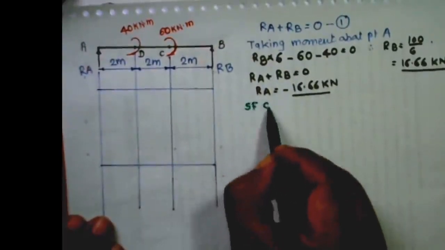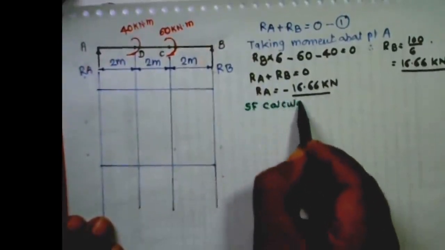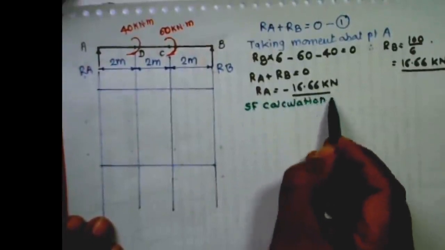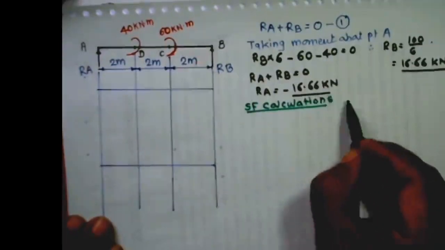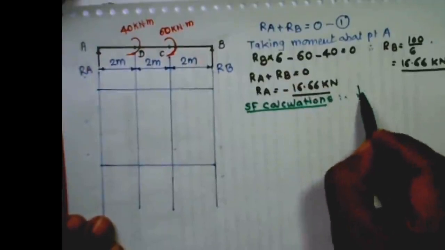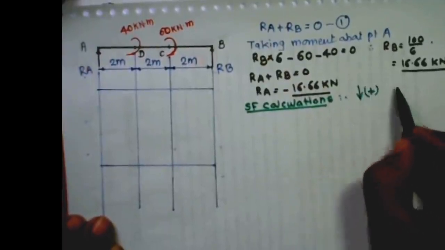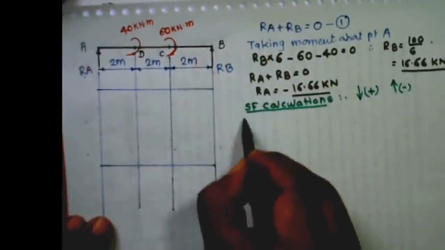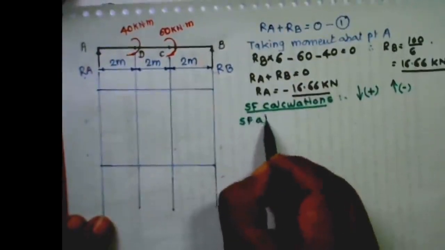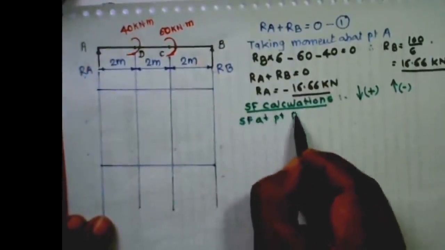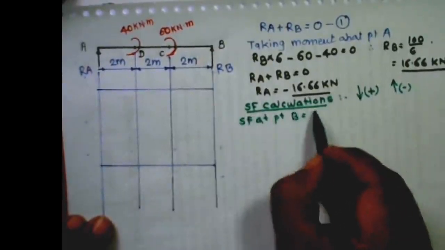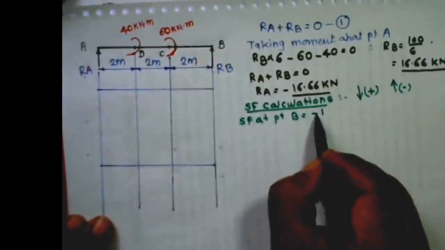For calculation of shear force, first step is to decide our sign conventions. As per our convention, we may say downward force positive and upward force negative. So shear force at point B is equal to